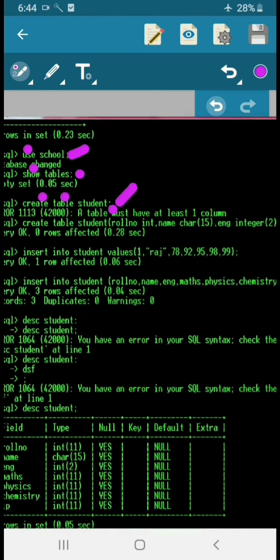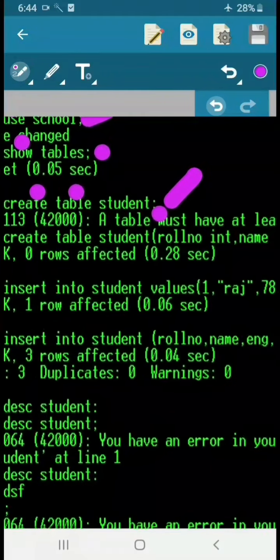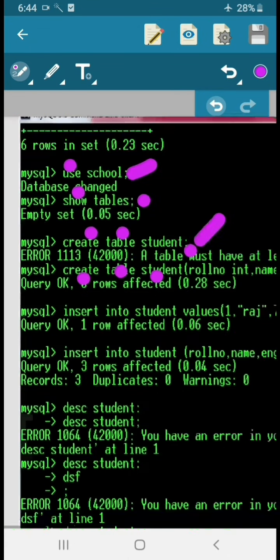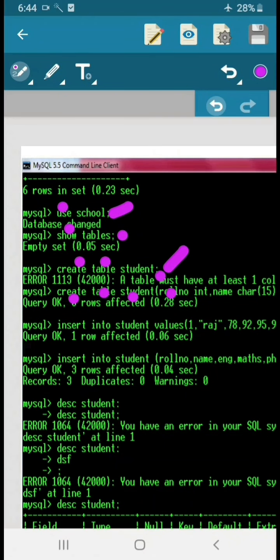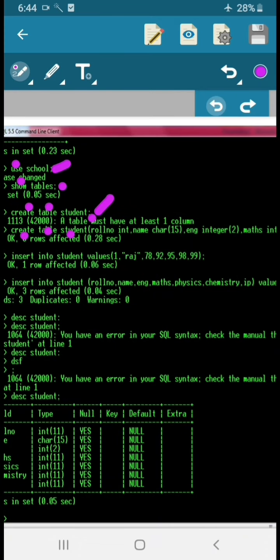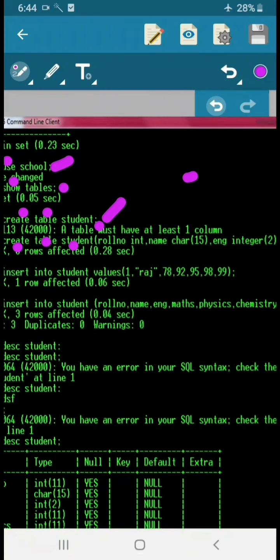Then I created the table. Now see this example. Create table student with the list: roll number, that is integer type, name, English.